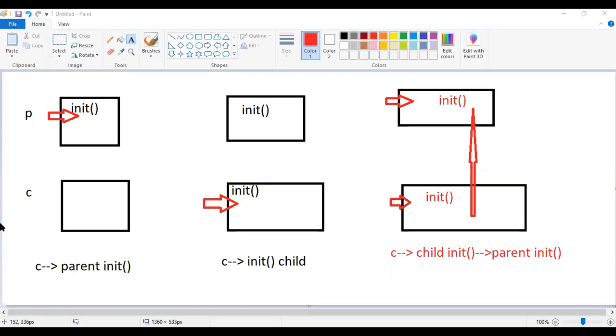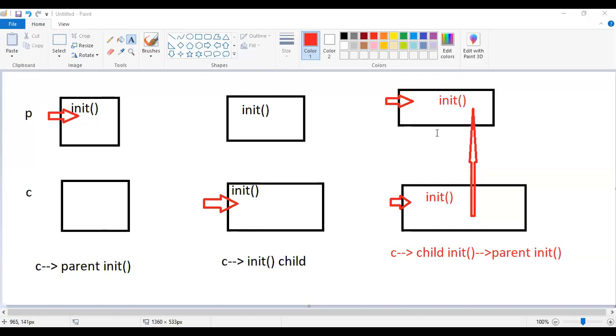In the first case, only the parent is having the constructor, the child does not have a constructor, so the child will use the parent constructor. Then if both the parent and child have constructors, the child will execute its own constructor only. It will not consider the parent constructor. Now in the third scenario, when both have constructors, by default the child will execute only its own constructor. But now I want to execute both.